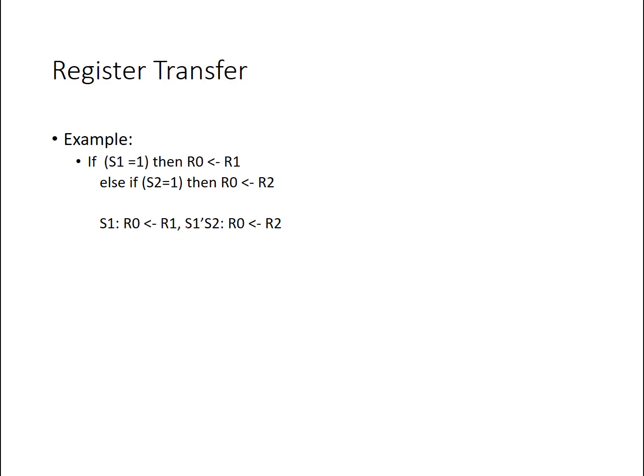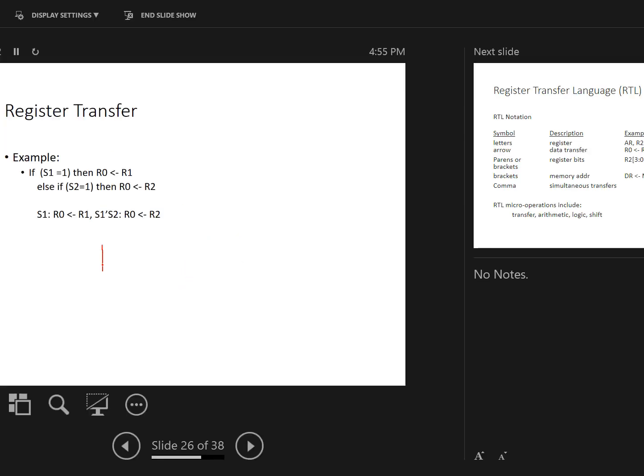However, in this case, I'm also going to do something else at the same time, and so I have a comma and another RTL statement. So I'm saying if S1 is 0 and S2 is 1, then R0 gets R2, which is the same logic that we've just described above. So the circuit for this would have three registers. And depending on the control signals, S1 and S2, I'll transfer one of these two registers, R1 and R2, into